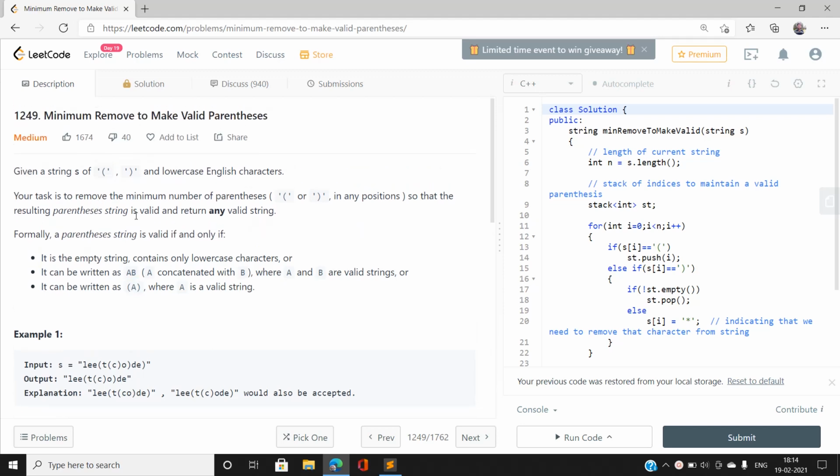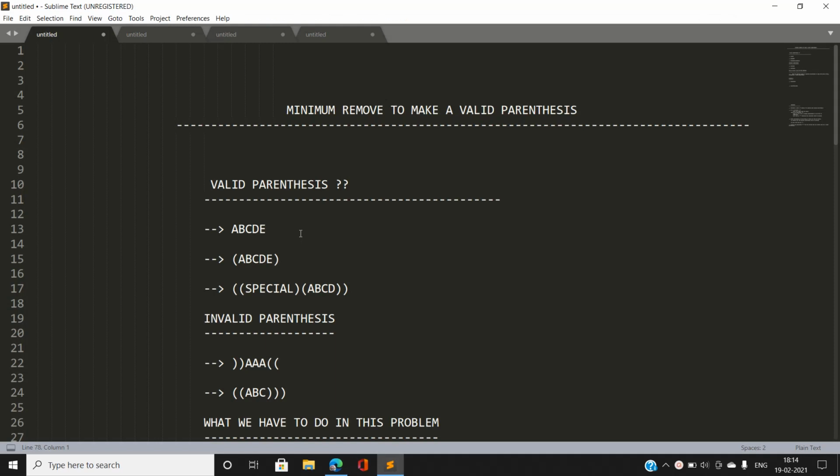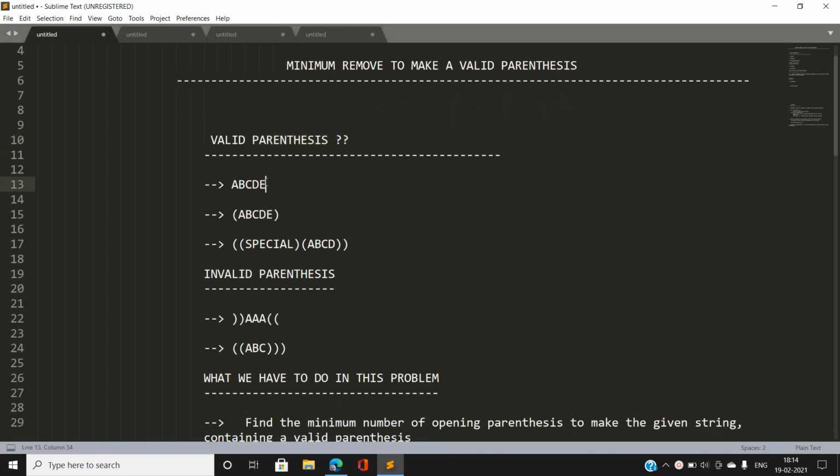So let's analyze this problem more deeply to approach the answer. What is a valid parenthesis string? Suppose there isn't a closing or opening parenthesis in the string, then it is also a valid parenthesis string. And suppose there are parentheses in the string, closing as well as opening, with characters present between the two parentheses, this is also a valid parenthesis string.